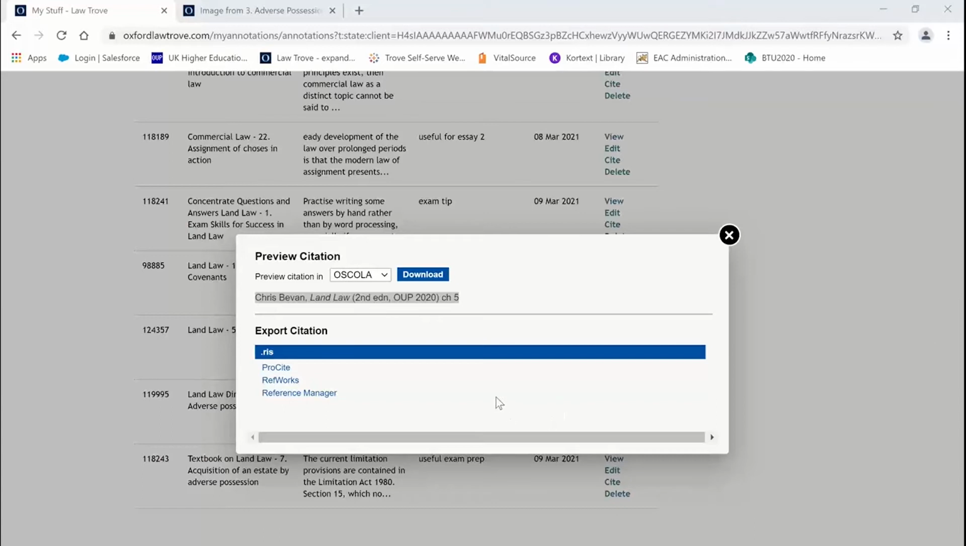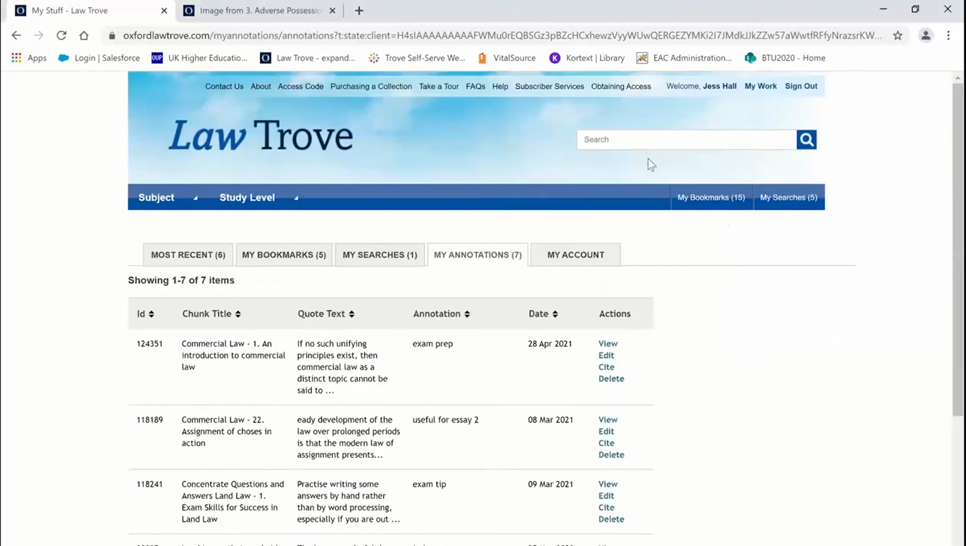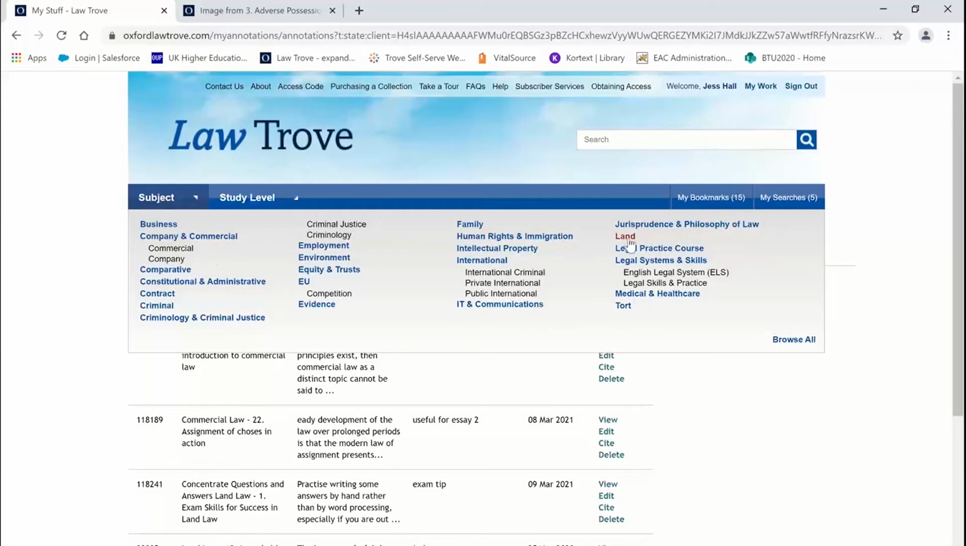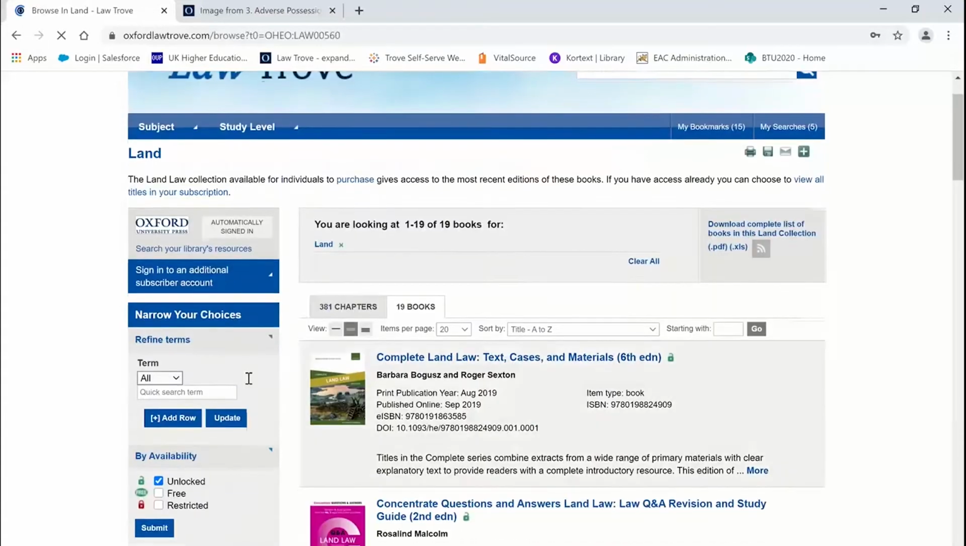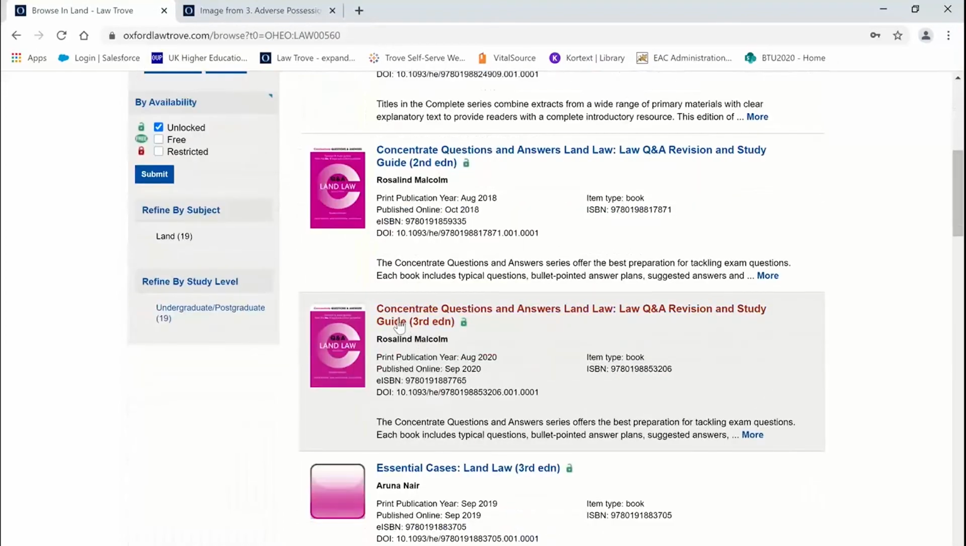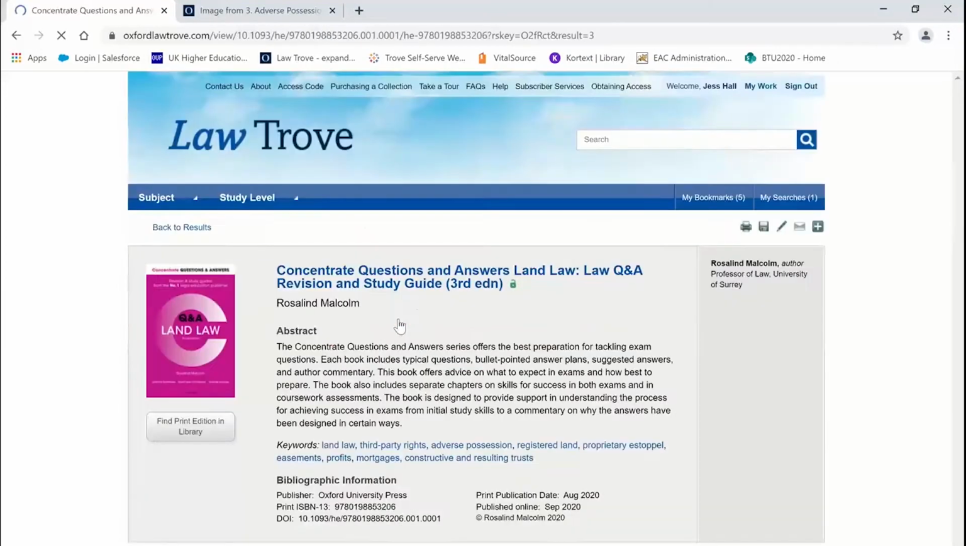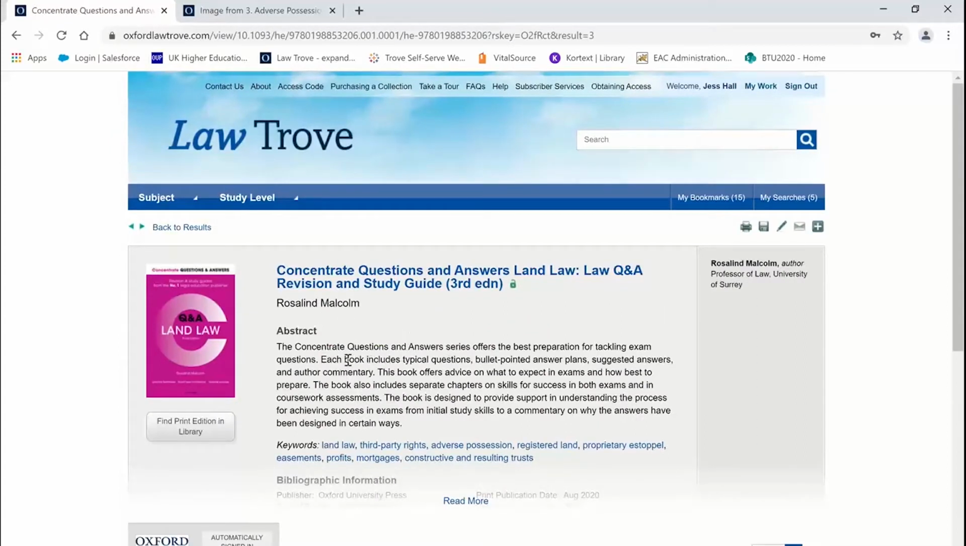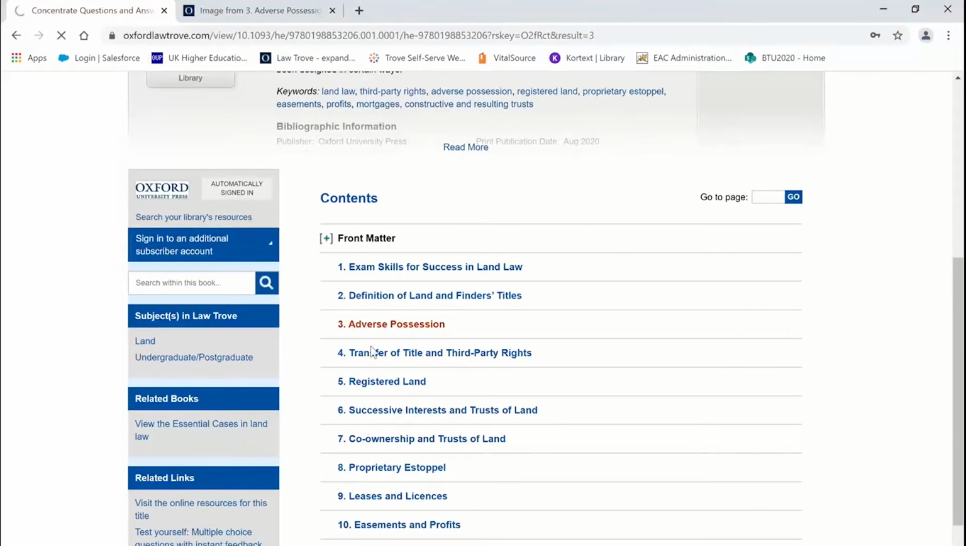So Davina has asked, do the revision guides have example essay questions with some essay template examples? So let me just have a look again at one of the revision guides that are on here. So let's go back to Land Law. And if we look at the revision guide, so again, these ones are for the more long form answers and for the coursework. So each chapter